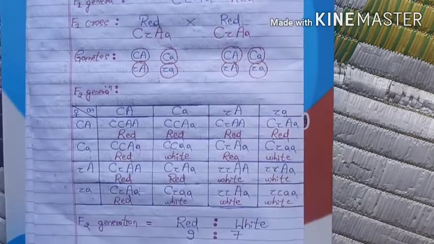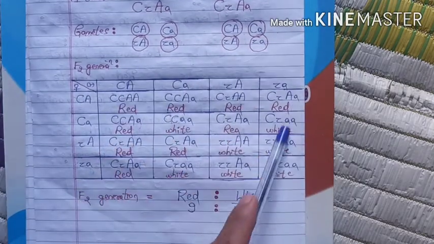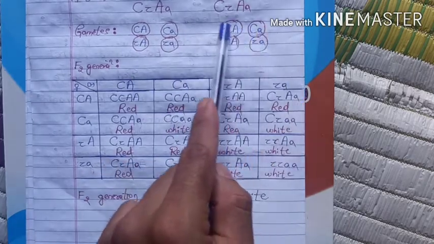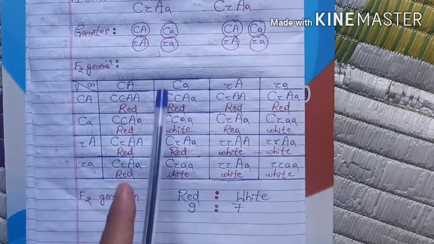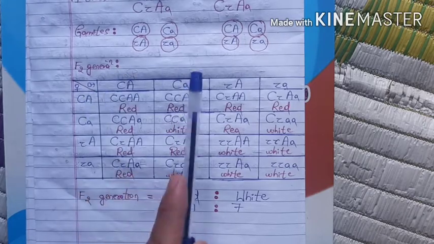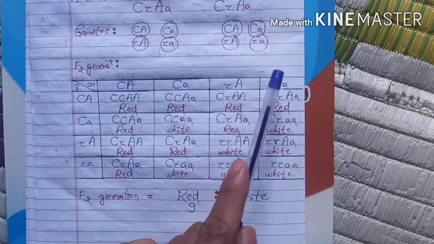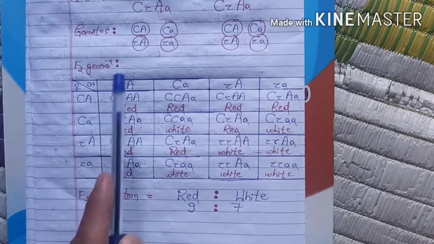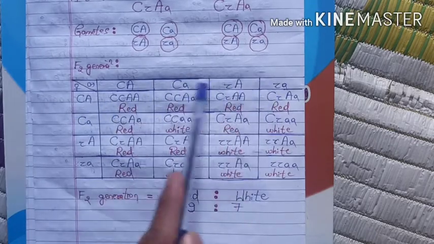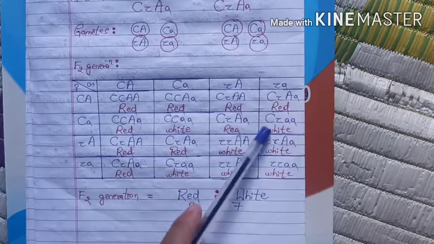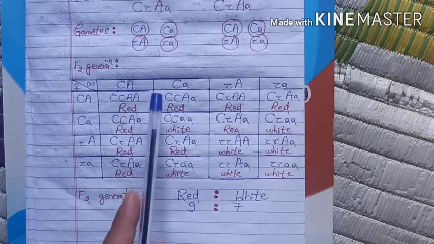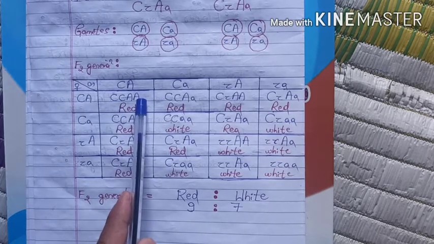Now coming to the F2 generation, by plotting the Punnett square, take these 4 gametes in this row and take these 4 gametes in this column. Okay, now just simply go on multiplying this with this, this with this, and this one with this one. Similarly you can multiply the others. So after writing all the 16 genotypes, remember, as I told you, when you are writing the phenotype, be careful. Both C and A should be present in capital.